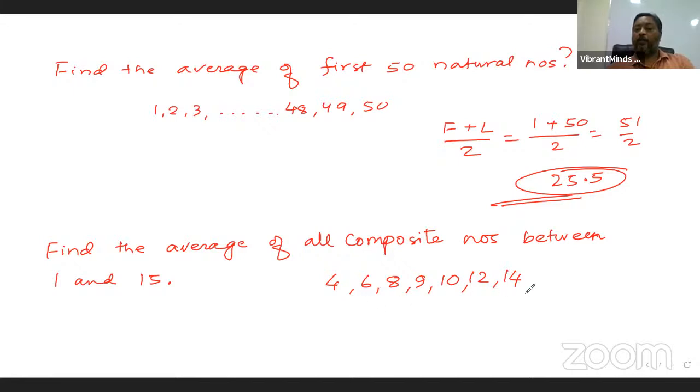So these are your composite numbers. Since I asked between 1 and 15, 15 will not be included. So let's add it: 4, 6 is 10, 10, 8 is 18, 9 is 27, 10 is 37, plus 2 is 39, plus 10 is 49, plus 4 is 53, and 10 is 63. So we have 63 by 7,